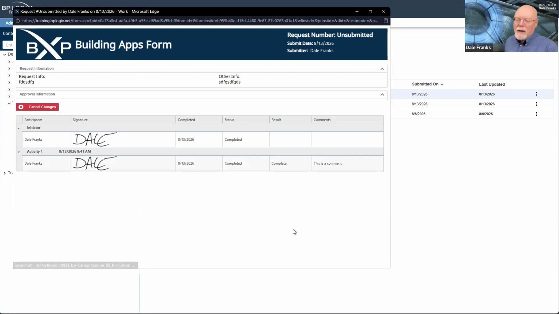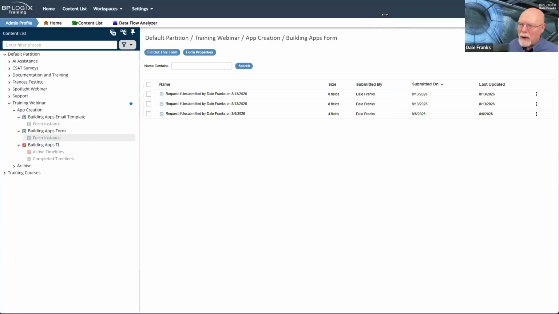Notice now that my form is completed, there's no signature comments control. I don't have a task assigned to me. I don't see it. So this approval information section is completely empty, but everything else is fine. I can see who participated, who submitted, what their comments were. So I know this portion of the form is working exactly the way that I expected it to work.